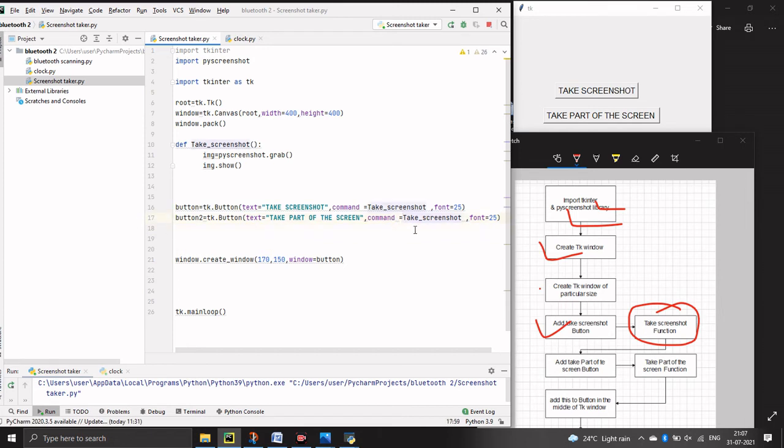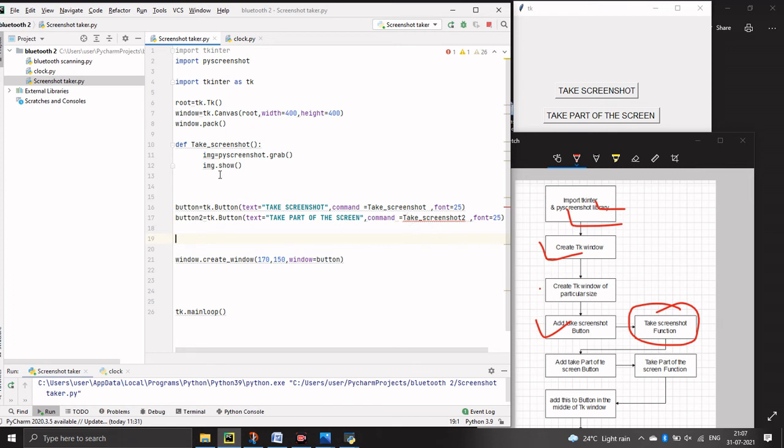In the command parameter, here also we have to take a screenshot, but it is a part of the screen. So you can give the name as take screenshot 2 and the font same as above. So we have to write the function for this command.